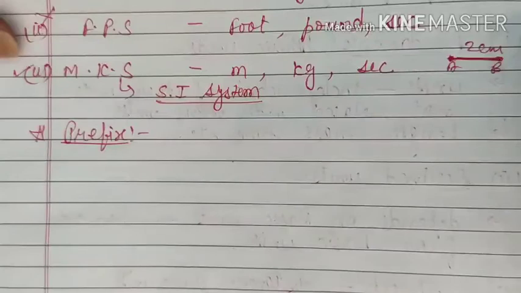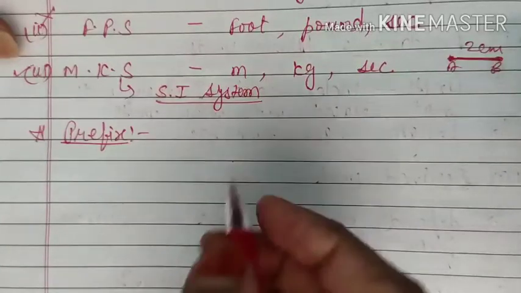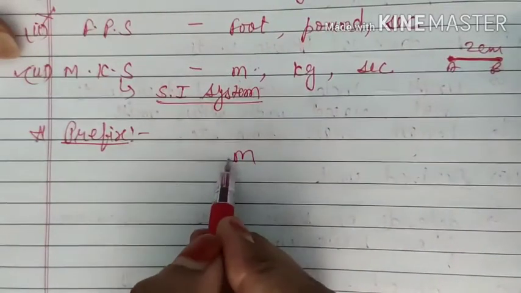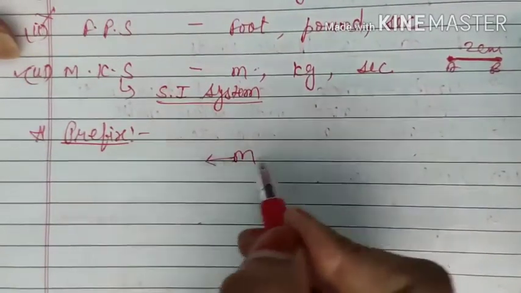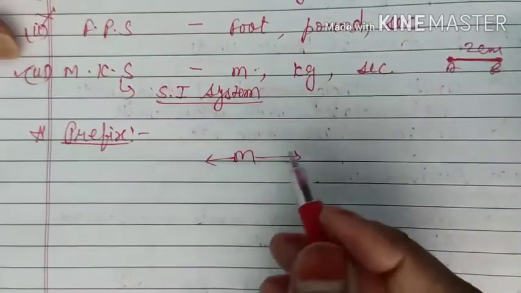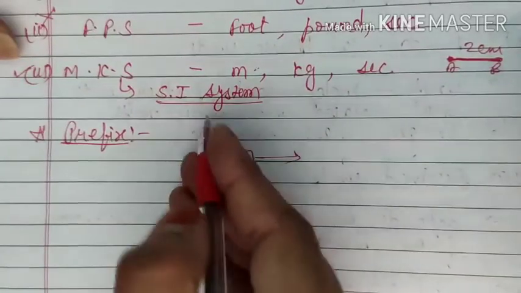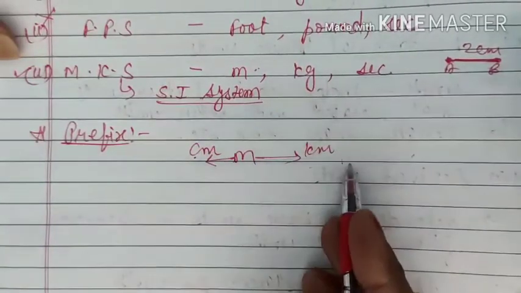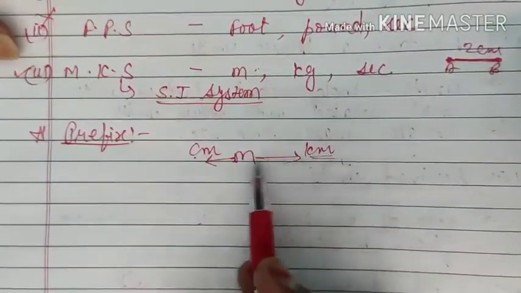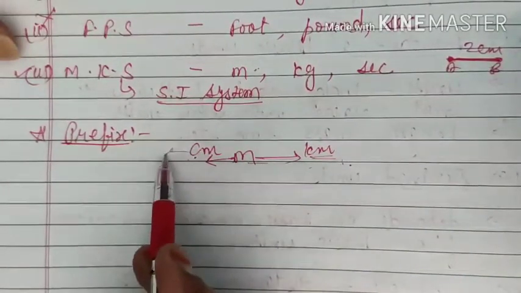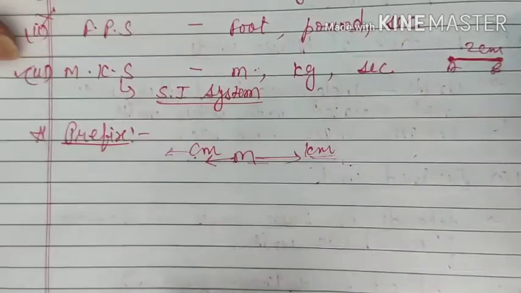Sometimes you may need to measure a quantity in a small amount, sometimes in a large amount. Suppose this is the SI system meter, which is used for length, but sometimes you will need its smaller units also, sometimes its larger units also. For example, you can say kilometer, or centimeter. We know that kilometer is greater than meter and centimeter is smaller than meter. Later you can go for millimeter, something like that.